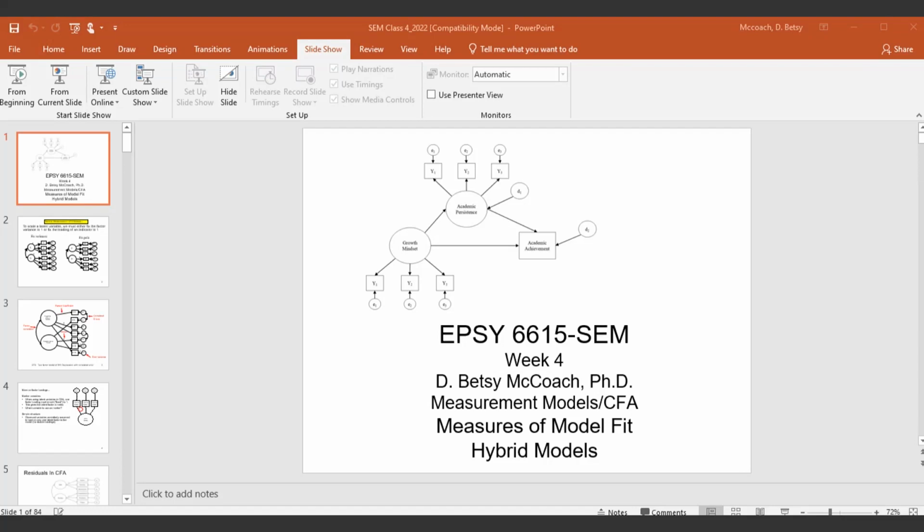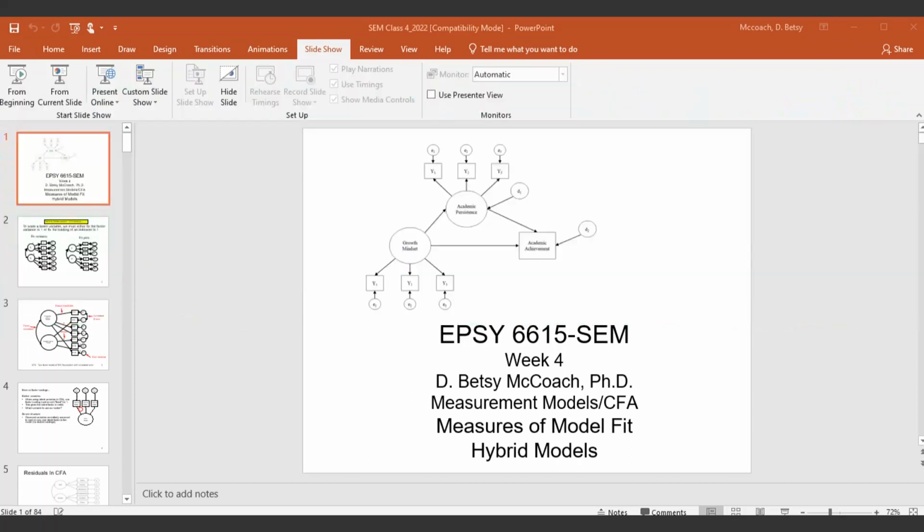I'm not going to talk about this in any detail, but there's actually an effect coding strategy where you can constrain the mean of all of the loadings to be 1 or something like that. We're not going to get into that, but you could do something like that. But you've got to make one constraint. However you do it, you've got to make a constraint. Now,